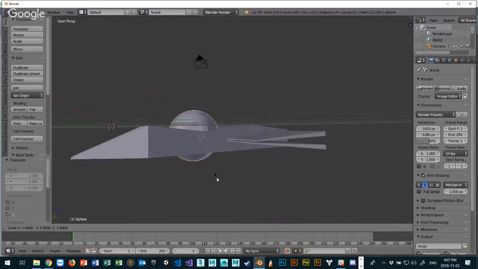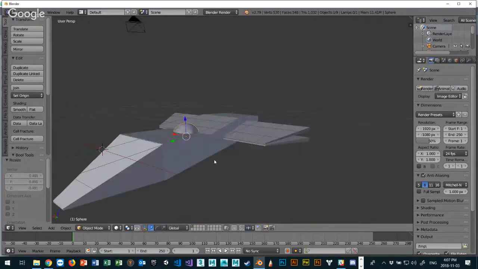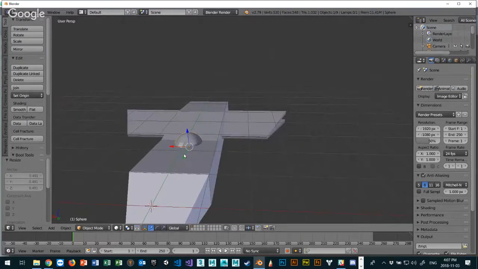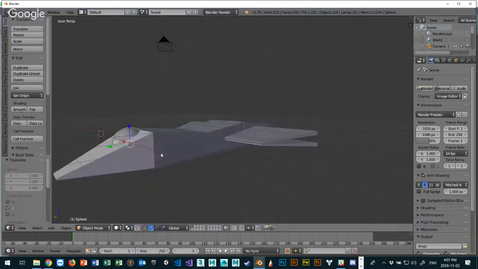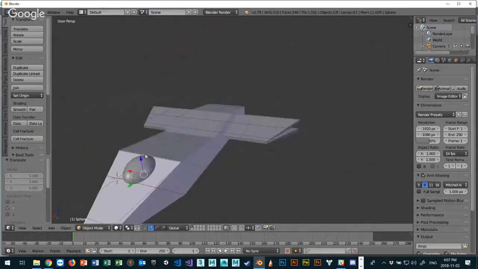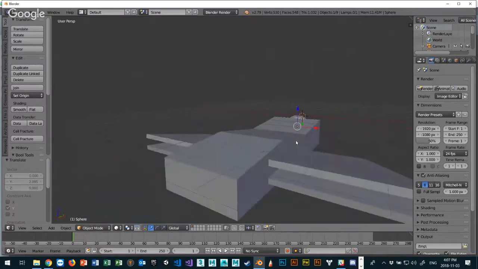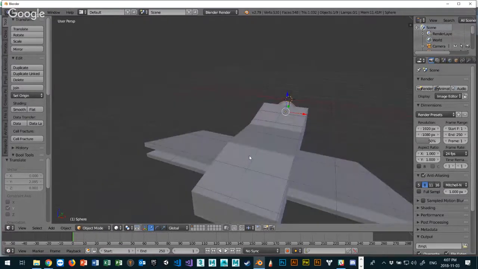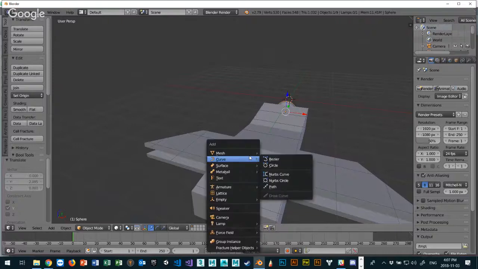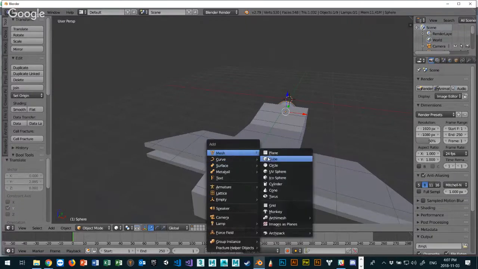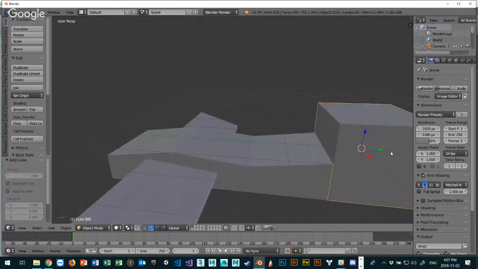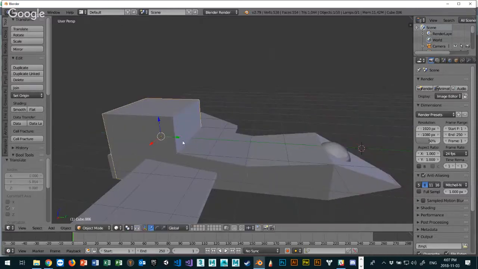And let's scale that completely so it's a little bit smaller. So I have a little bit of a cockpit or a control center. Let's say right there. And one object is inside the other, which is going to cause problems later on, but hey, we don't care. I'm going to Shift A and add a new cube again. And what I want to do is pull this cube over here somewhere in the back,